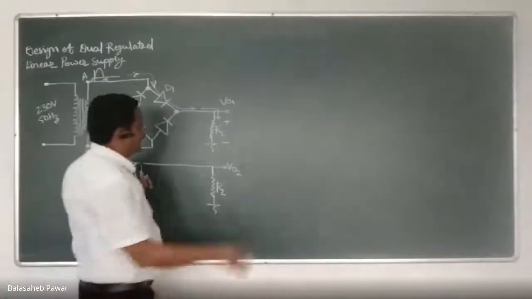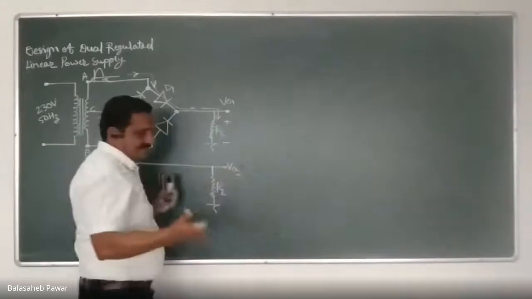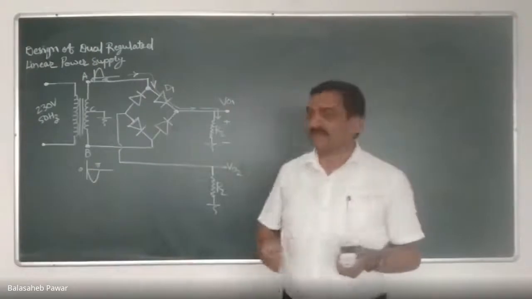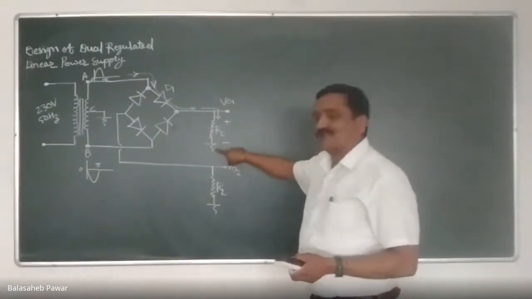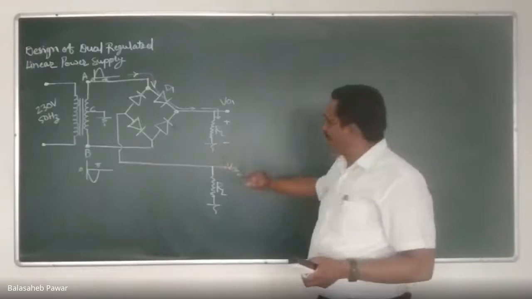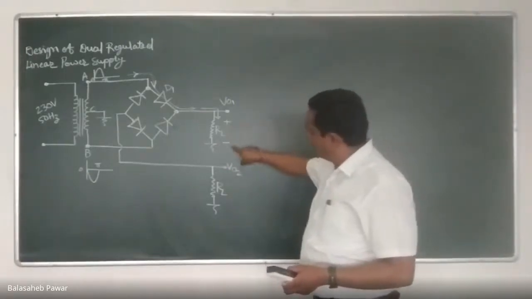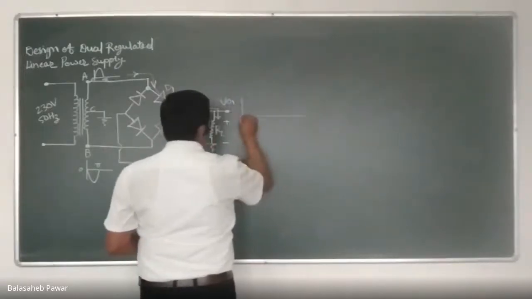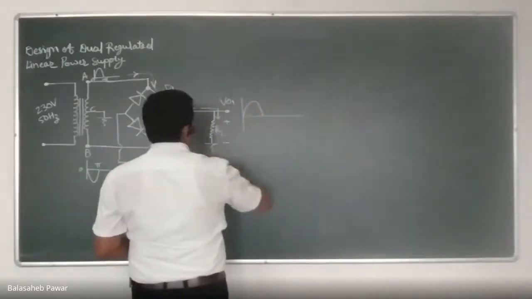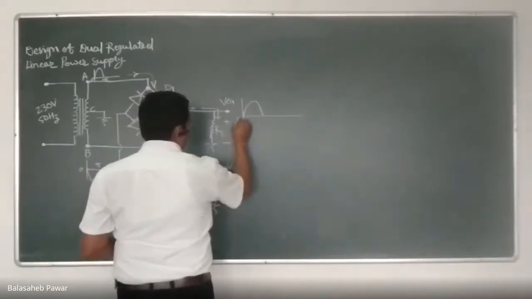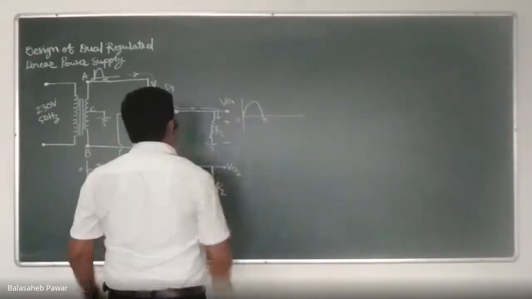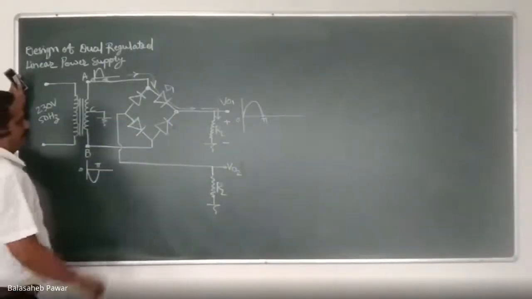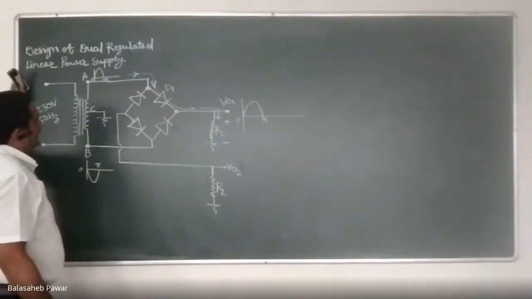We are measuring the voltage at this node. That means just connect the positive terminal of our CRO over here and the negative terminal to the ground. That means across RL, right? So as the drop polarity is shown like this, we can say there will be a drop across that RL like this for time period 0 to pi. Okay? Are you getting it? Due to the upper half secondary.